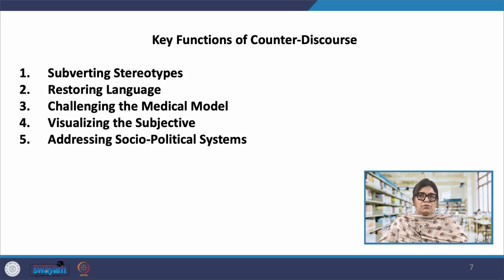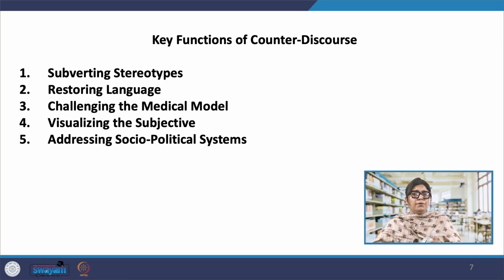Unlike medical illustrations that aim for anatomical accuracy, comics use metaphor, humor, abstraction to articulate internal feelings that prose alone cannot capture. Fifth is addressing socio-political systems. Some works like Rachel Lindsay's RX critique the political economy of healthcare, exposing how insurance and pharmaceutical corporations can commoditize